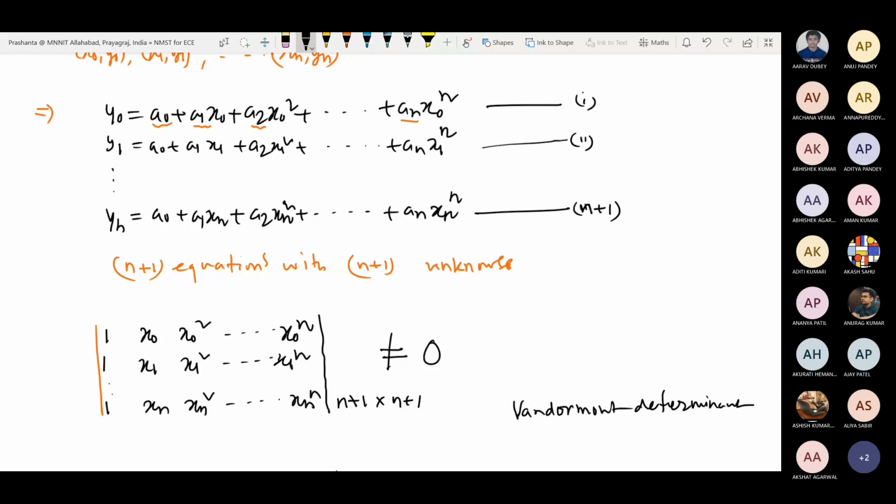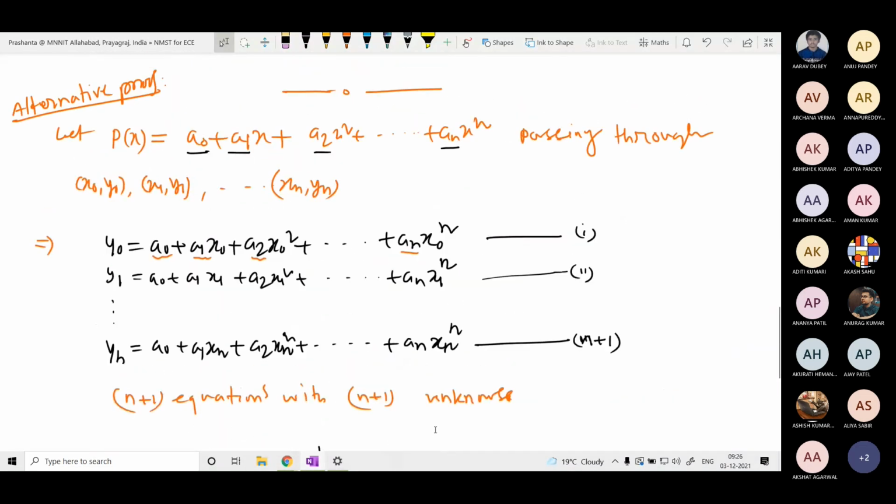तो Cramer's rule में क्या होंगे? यूनिक सॉल्यूशन हो जाएंगे, होंगे ना? So if it is a unique solution, then a0, a1, a2, up to an, these are unique values. तो यूनिक वैल्यू अगर हो गए a0, a1, a2 अप टू n के, तो पॉलिनोमियल भी यूनिक हो गए. So this is another way to say that the interpolating polynomial, if its degree is at most n and the data points are n plus 1, then this polynomial is unique.